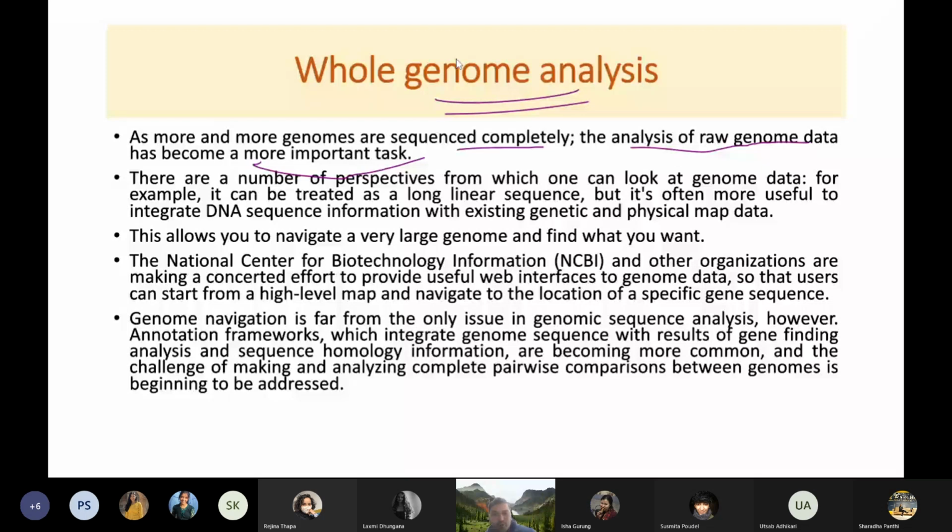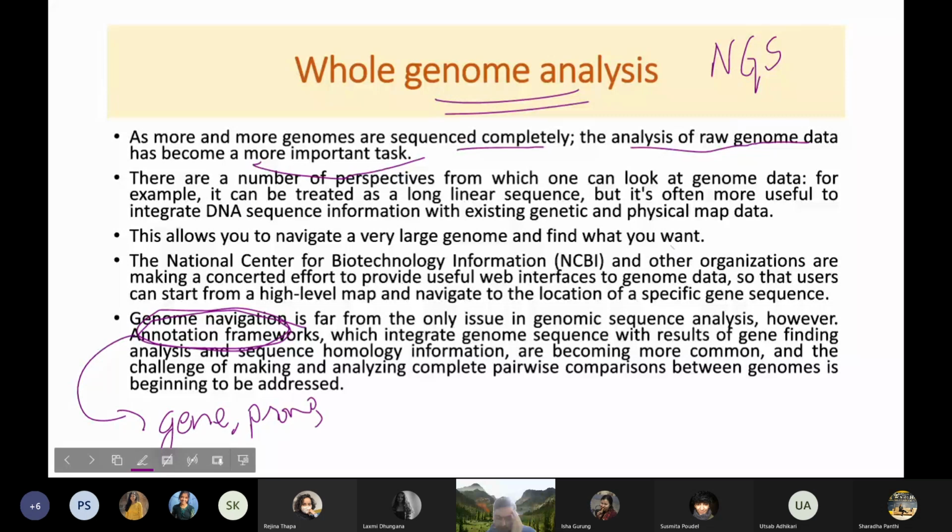In whole genome analysis projects, now we have this next generation sequencing, NGS. With next generation sequencing projects, we have lots and lots of data. So what do you do with that data? What you can do is the annotations. You can do gene finding, you can find genes and gene promoter regions, you can identify the homology information from all those sequences. So all that kind of information you can use to compare this genome with